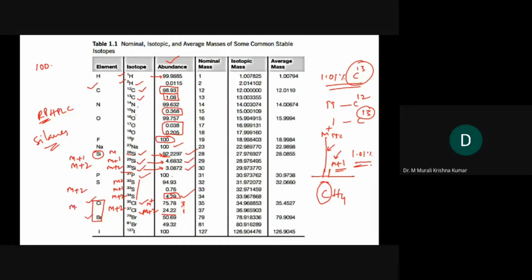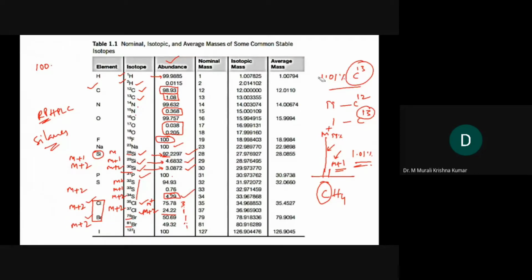So that is chlorine, and in case of bromine, we have 79 and 81. So these are the two isotopes, both present almost equally. 50.69 is the bromine 79 and 49.32 is the bromine 81 isotope. So M plus and M plus 2 will be there in 1:1 ratio. Okay, so to summarize,